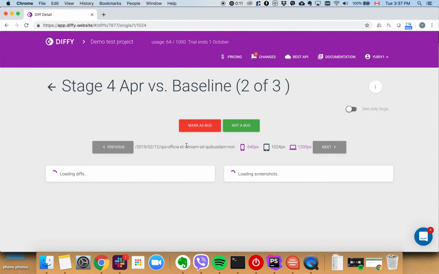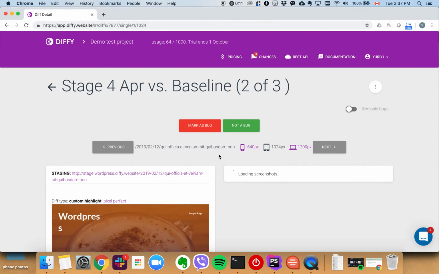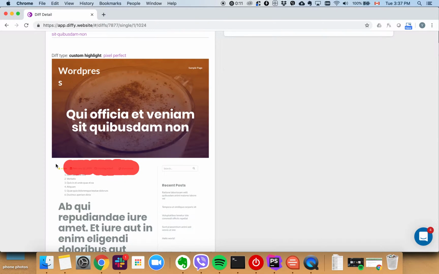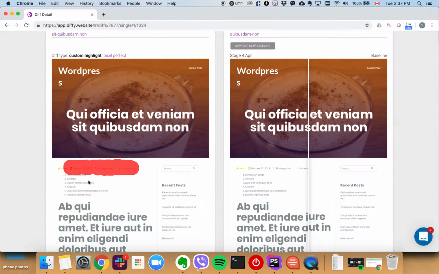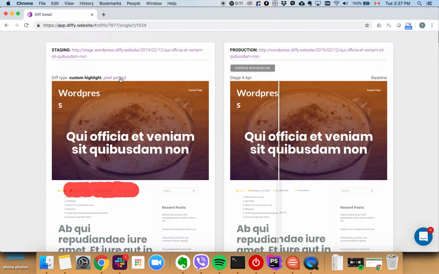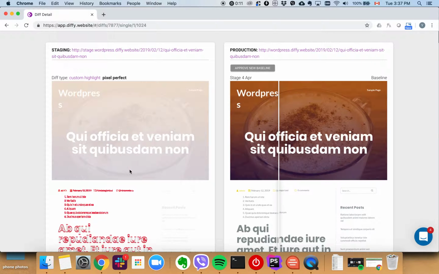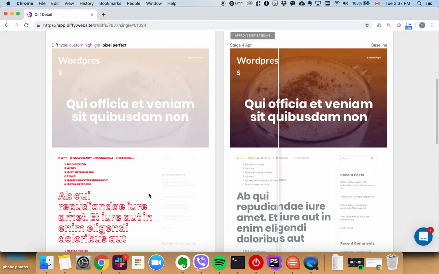Once you investigate what changes, you can load full images, so you can see our custom algorithm comparing them, and also you can use a slider on the right to actually compare what changed manually. You can also switch to the pixel perfect algorithm. It will show you the changes like with the open source tool called ImageMagick. But in most cases, our custom algorithm is more efficient